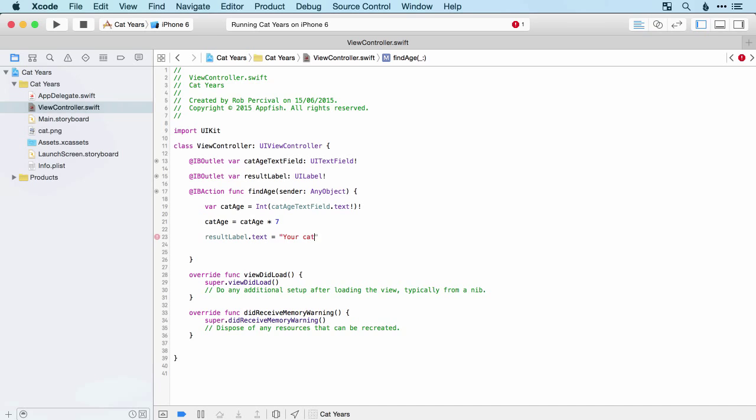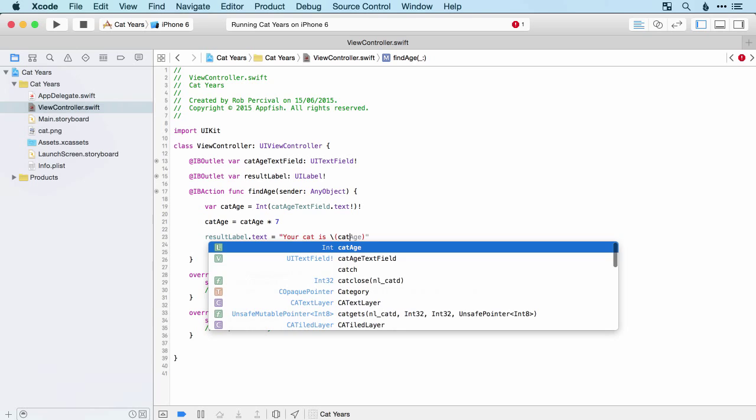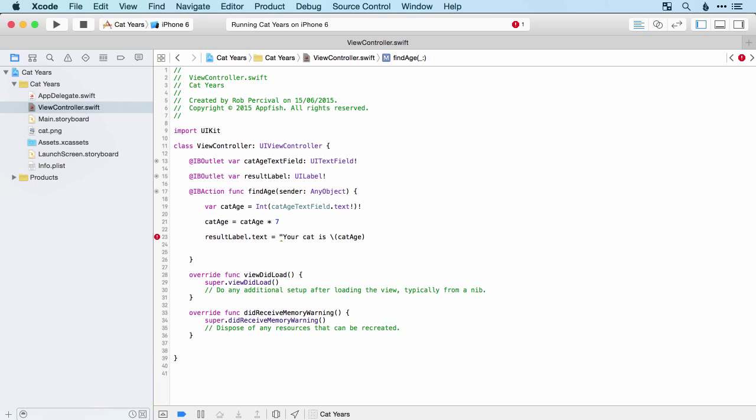So let's have some text, "your cat is", and then we want to put in our cat age. So we want to put cat age into this string here. How are we going to do that? Well, there's a nice way of doing that in Swift, and we use the backslash and then parentheses, and in those parentheses we put the variable that we want to insert into the label name. So in this case, just cat age. So "your cat is cat age",